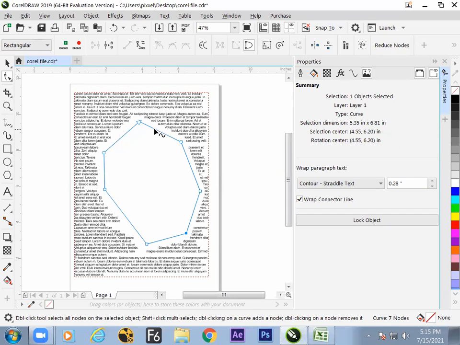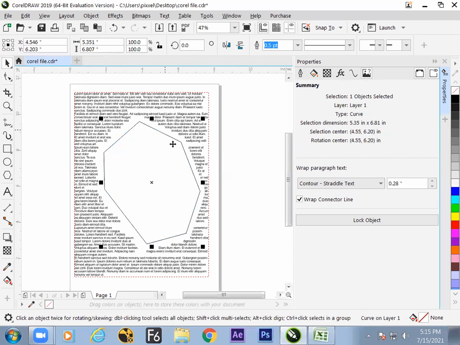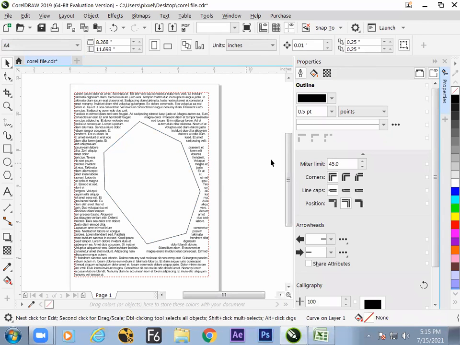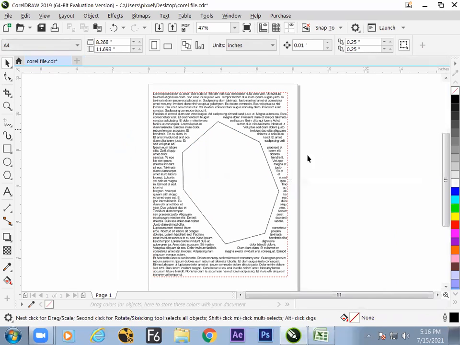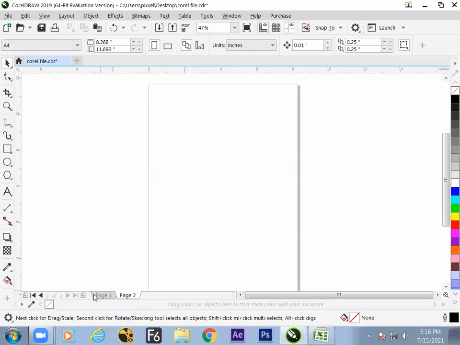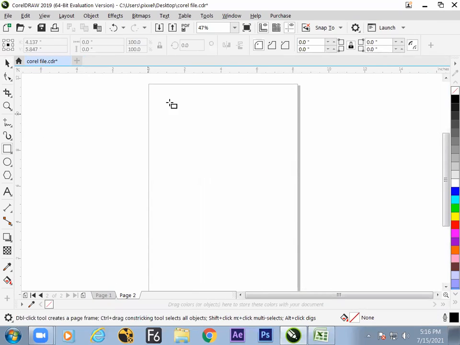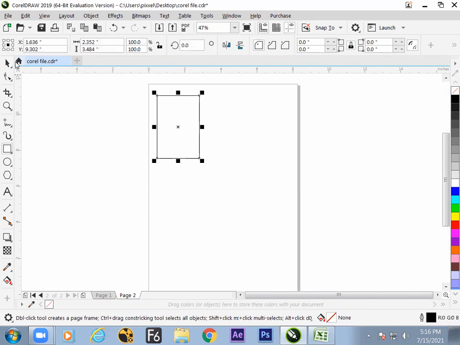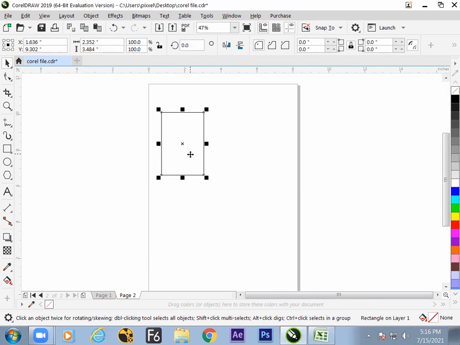Fine. And how to delete, and how to make this text wrap, because it is a base property of the text of the rectangle. That's why we have opened this, but in detail we can also learn it later. Fine then. So I'm closing this now. Now take the next page, take the rectangle, and start modifying the rectangle into different shapes. Now we'll be learning a little artistic part.